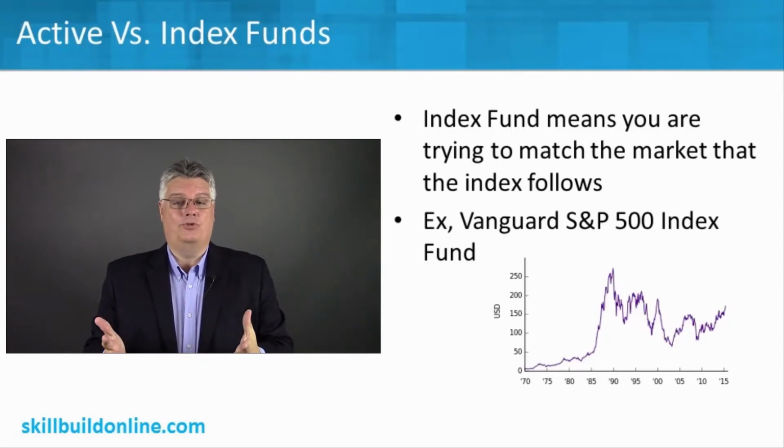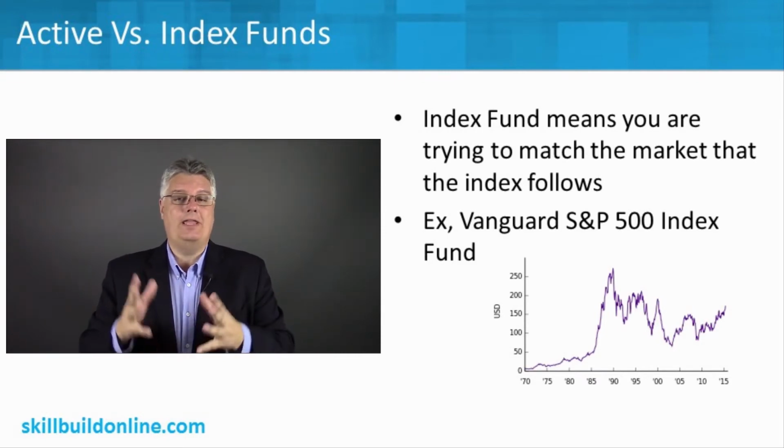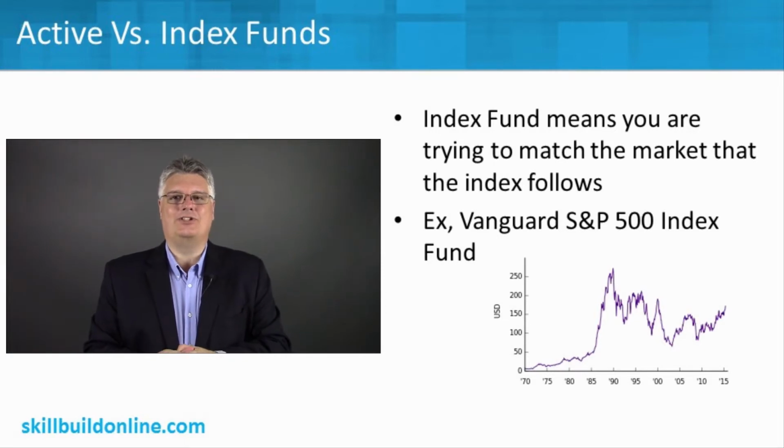Okay, we understand mutual funds are a pool of investors and all that, and give you some diversification. We talked about actively managed funds where you have a fund manager making decisions on buying and selling. You're basically hiring that fund manager to make decisions. So what are index funds? Where do index funds come from? And what are the main advantages and disadvantages of index funds?